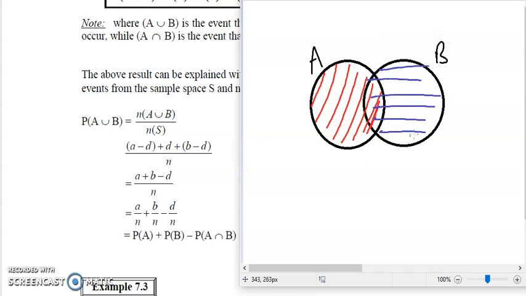As you can see from here, there is some overlap between A and B, and this is the intersection, A intersect with B. Since it is overlapping, we need to subtract one of the overlaps, right? So you can see from here, all the region, all the sets here are already shaded by the blue and the red color, and there is no